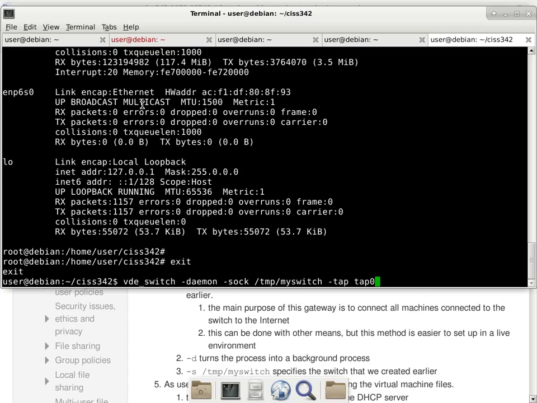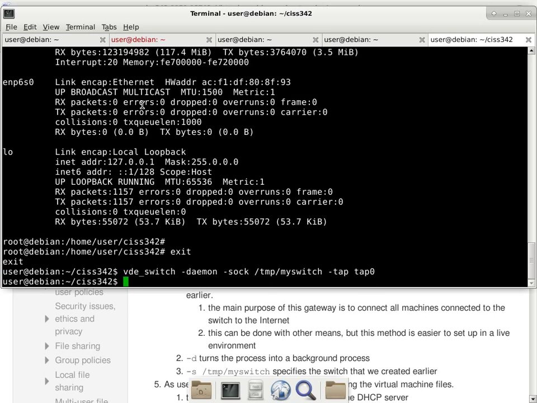So this is basically saying, okay, power up this virtual switch, and by the way, hook up a wire from the virtual network card that I created earlier to one of the ports of this switch. It's equivalent to those physical activities with actual hardware. So press the enter key, and nothing should happen, or as if nothing has happened. If you run ifconfig again, I'm not going to run it here because I'm not root, it will show you that tap0 still doesn't have anything to display.